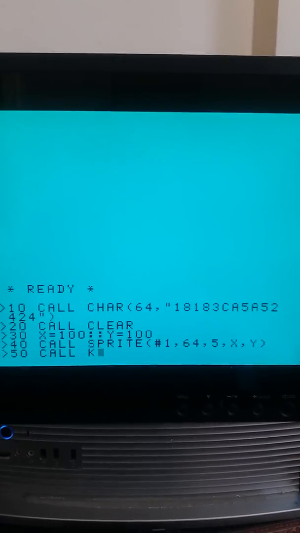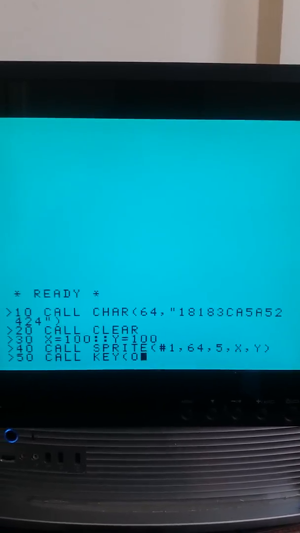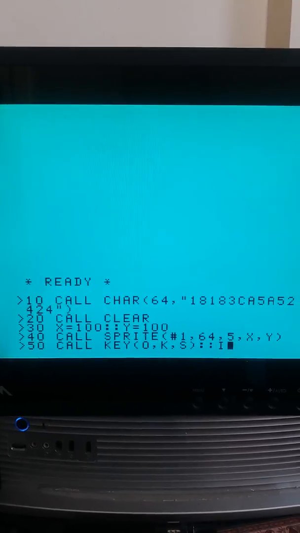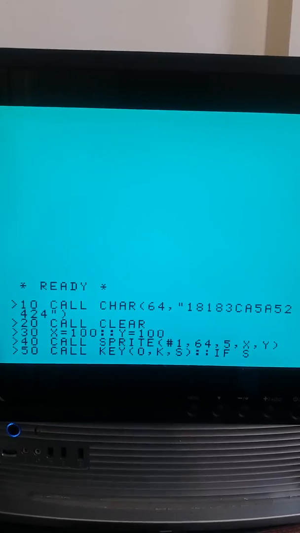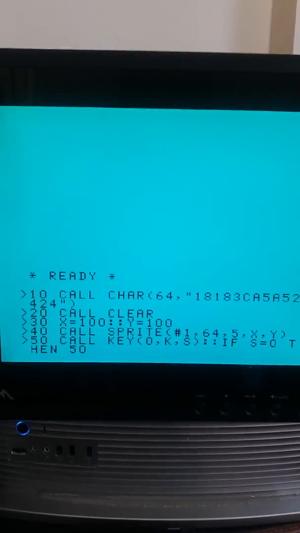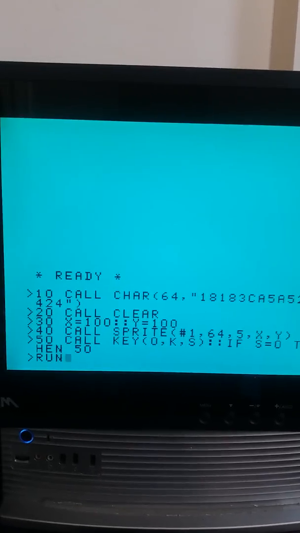And next I'll do a CALL KEY 0, comma K, comma S, if S equals 0, then 50. So that just waits for a key. Right, let's see if we've got this right. Well, it's not exactly the shape I was after, but you can see this is how you redefine your graphics